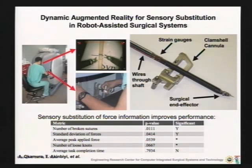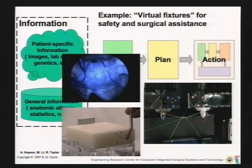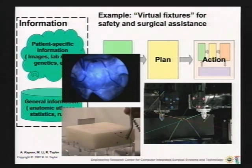Here is some work, again, from Alison Nakamura, where what we're doing is she's sensing how hard we're pulling on that suture and just overlaying a little visual indicator for the surgeon as to, hey, you're about to break that suture. Here's another example. In this case, we're using virtual fixtures,